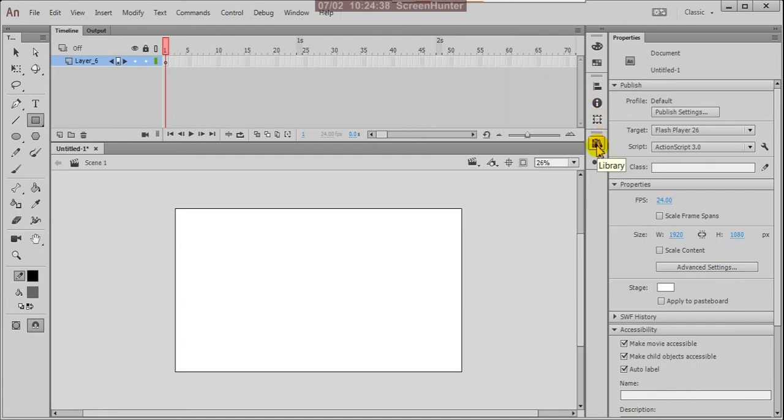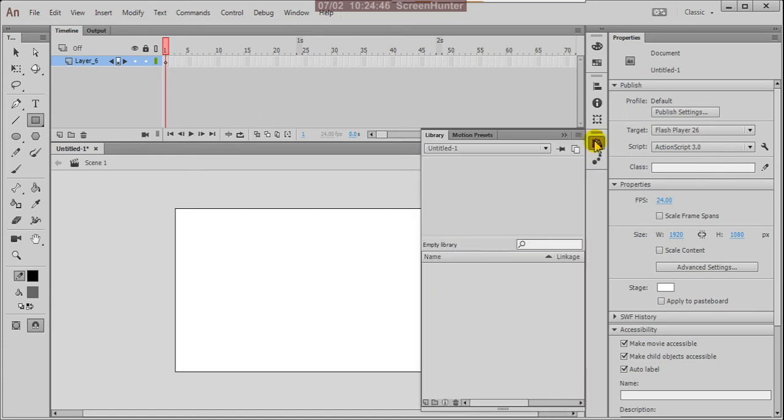And this book shape looks like a book. It is the library actually. When you click on that, your assets, whatever drawings, objects you are placing, automatically save in the library. You convert your objects, shapes into symbols.